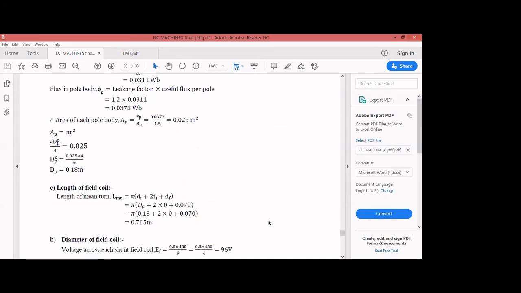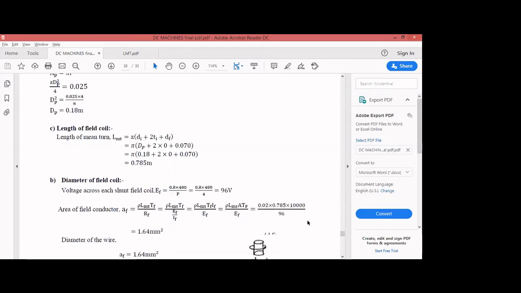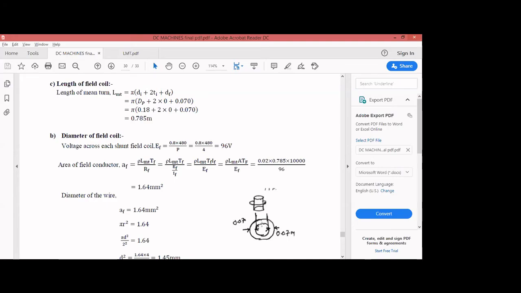So DI. So DI means what? DP is here. DI is nothing but the length of inner turn. If this is the pole, we know the pole diameter. Then next to the diameter of the pole, you have some insulation. After that, there will be the inner turn. Since regarding insulation, they are not given any value, so what I can do,